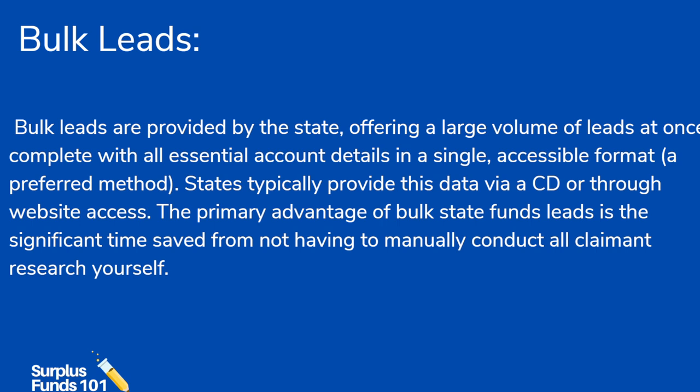Okay, the primary advantage of bulk leads is the significant amount of time you're going to save from having to manually conduct searches on all these people individually yourself. So with bulk leads, I like them because I can take 3,000 leads all at one time and within 5 minutes have them uploaded and skip traced, and then another probably 10 minutes have them uploaded into the auto dialer, and then start making phone calls. That same process, doing it manually, would take hours, probably days to do for the exact same amount of data. And so I just like the speed the bulk leads give you. So those are the two big differences between the lead types.